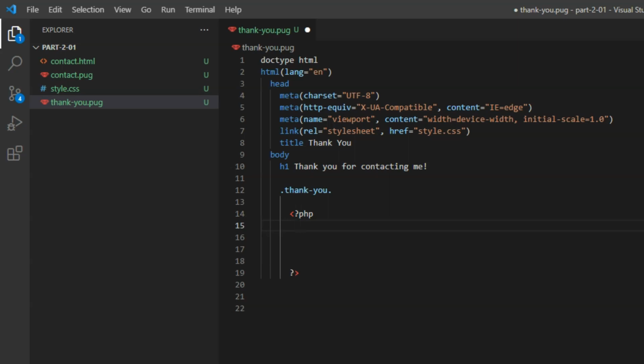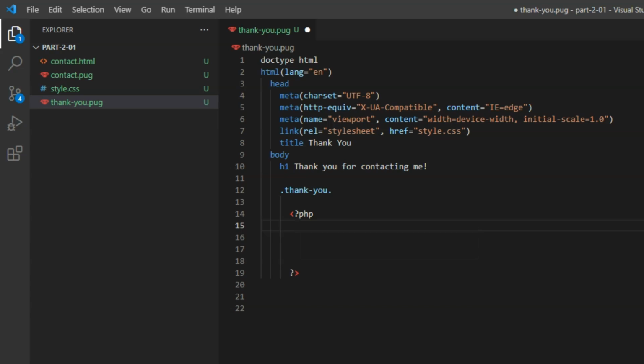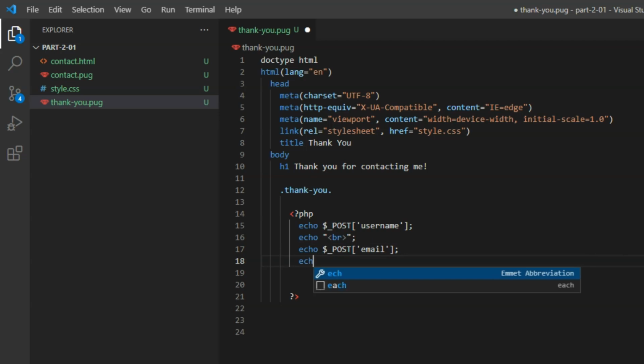So all we'll do here is display in thankyou.php the 3 values entered in contact.html. We get data sent using the post method with $_POST and the name of the form input. So that's $_POST username, $_POST email, and $_POST message. And we'll simply echo their values onto the page. Echo $_POST username, and a line break. Echo br in tags. Echo $_POST email, echo br tag, echo $_POST message, and now we need to compile the